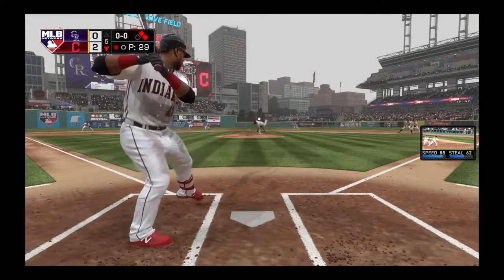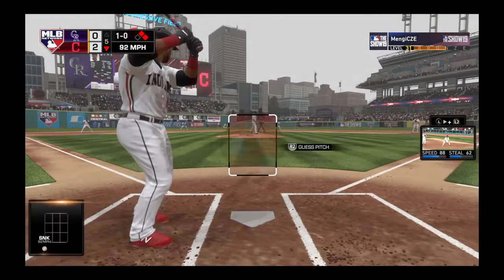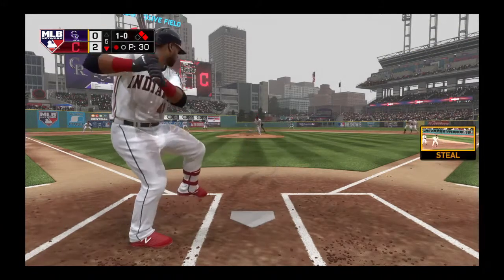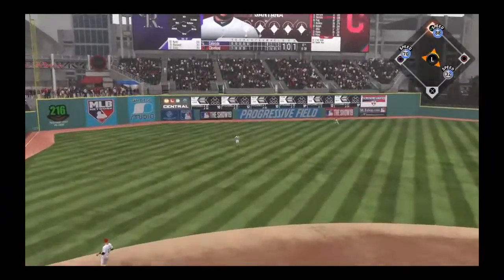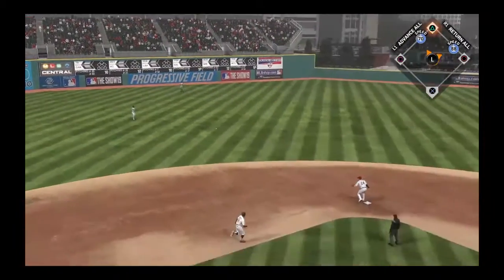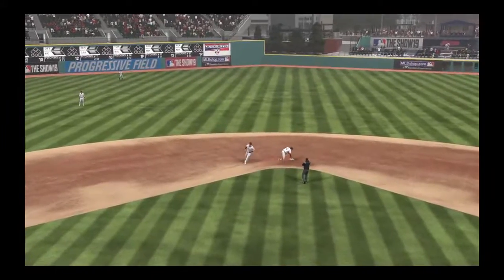First pitch of the at-bat on its way. Ball 1 as he lays off below the zone. And a double steal try here. This is in the air out to left field. Dahl comes on now and puts it away for the second out of the inning. Throw back to second, and that's